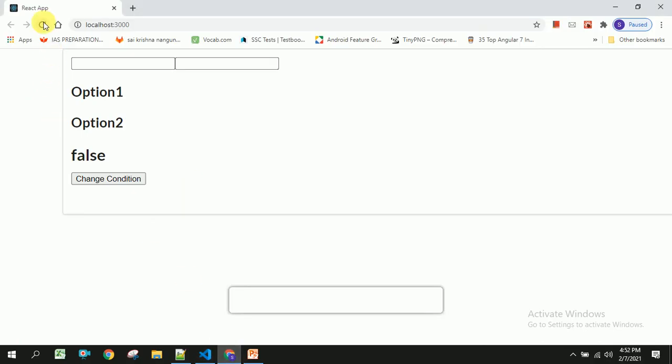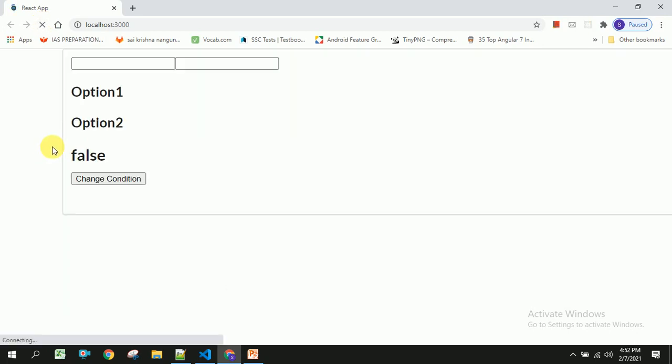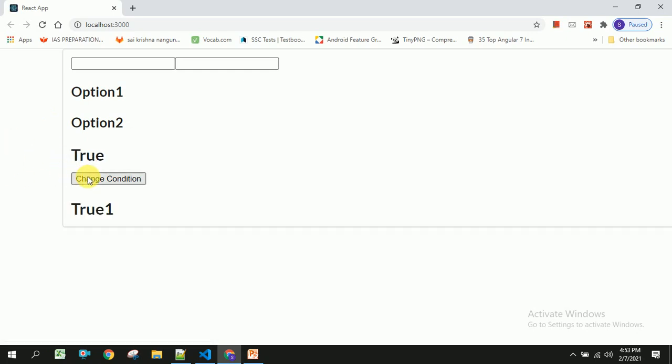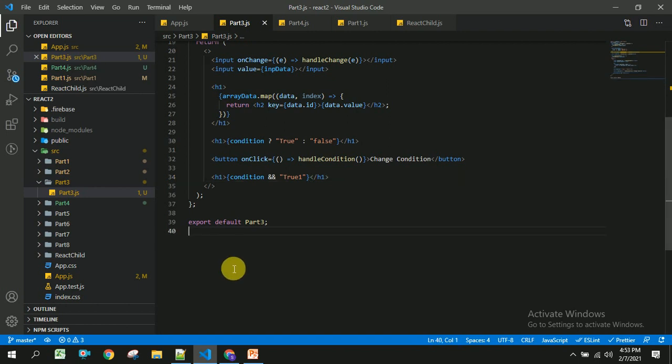So let us refresh this. So you can see here, if the condition is true, we will be able to see the text. If it is false, we will not be able to see the text. It will be hidden. So in this way, we can achieve these 3 scenarios using React.